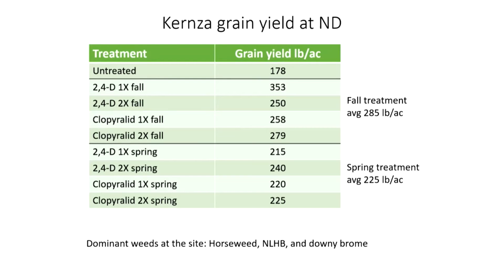My dominant weeds here were horseweed and narrowleaf hawksbeard, so the fall timing was more effective than the spring timing at controlling those. Unfortunately, though, I did have quite a lot of downy brome in these plots, and I would say my lowest yielding plots were where the downy brome was heaviest, because obviously the broadleaf herbicides used didn't do anything to control it, and that competed with Kernza during its establishment. But the good news is no worrying signs of injury and increased yields where we had better weed control from